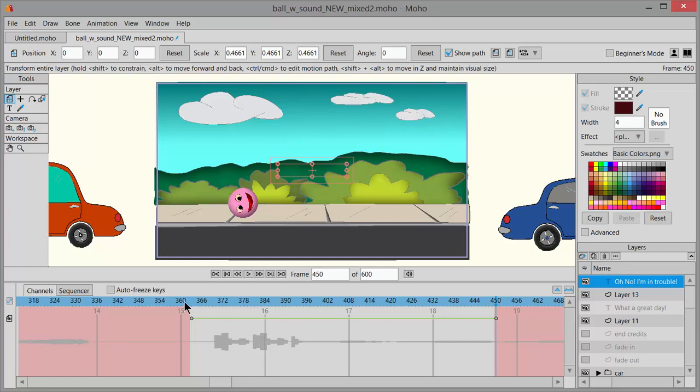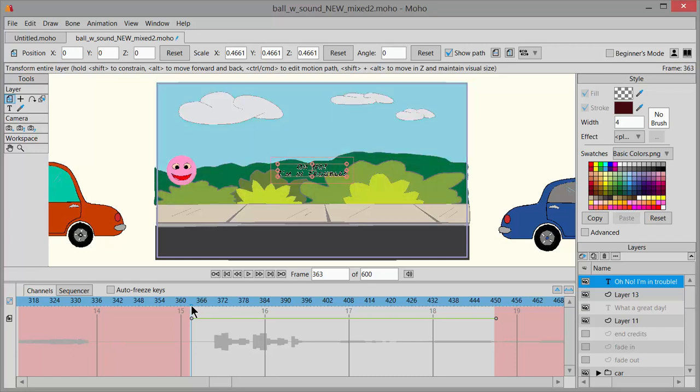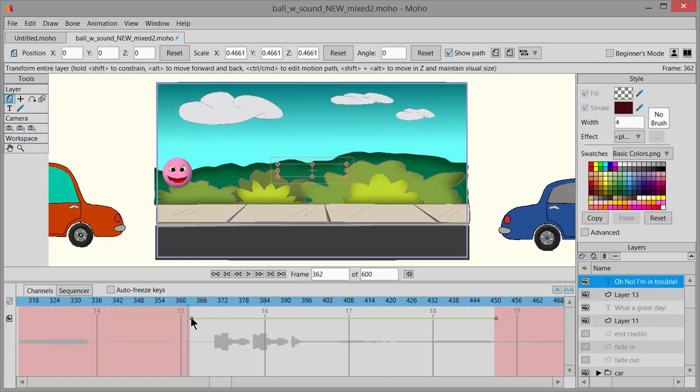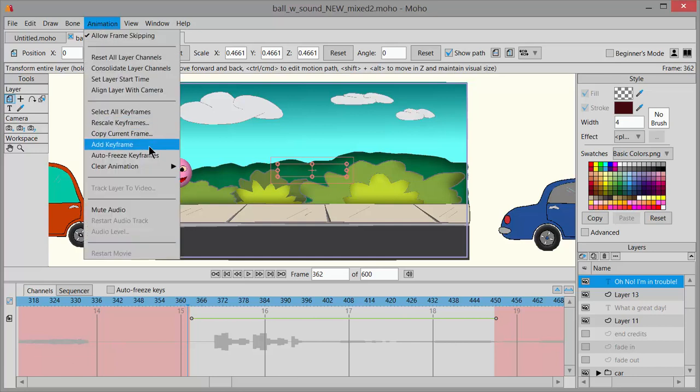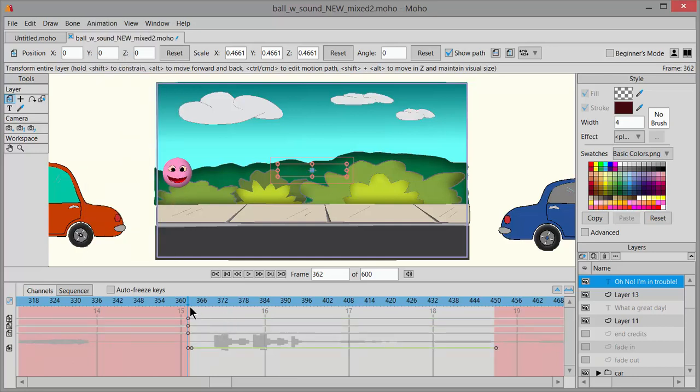Next, we'll have to go back to the beginning. I need to have it match up with the location of the ball. But remember, like we did with that other text layer, we need to just step back one frame before all of that's going to happen and choose Animation, Add Keyframe. Then we can get back there to where it's all going to start happening,